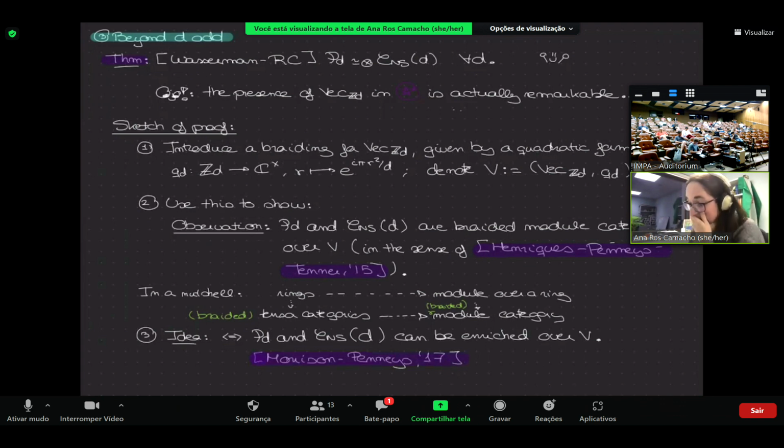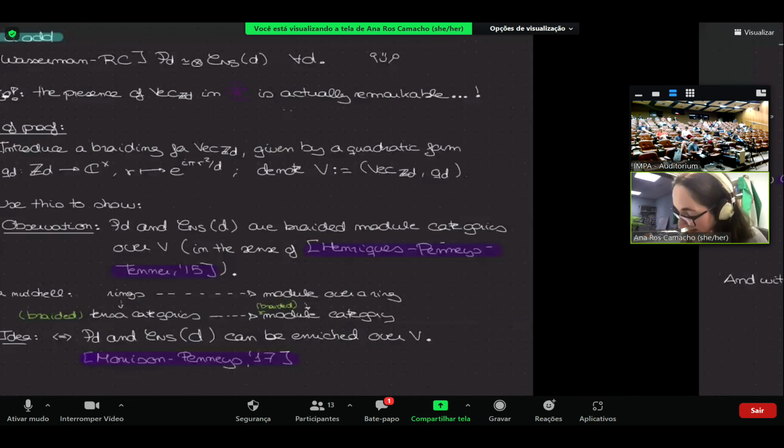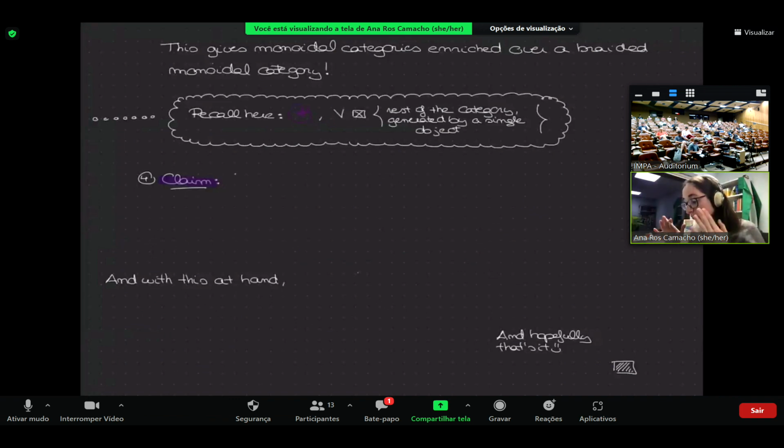So the great thing is that this gives us exactly monoidal categories enriched over a braided monoidal category. But besides giving us a very nice path to connect to planar algebras and all this subfactor work, this gives us key information concerning the generation of the category. Remember that in the first proof, we had this splitting because we could find two generators that would never intersect with each other.